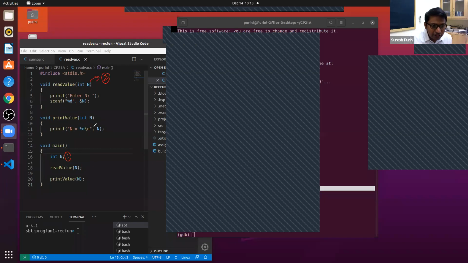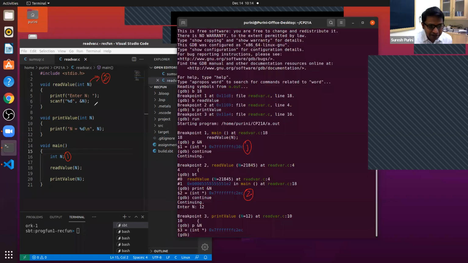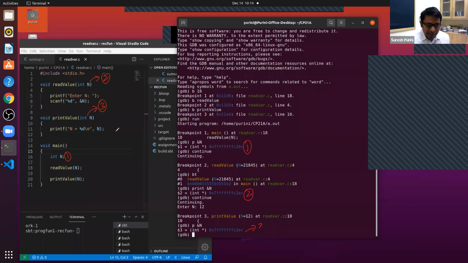Okay. So now the interesting thing happened here: address 3 is supposed to be associated with the parameter n of print value, but you can see that address 2 and address 3 are matching.